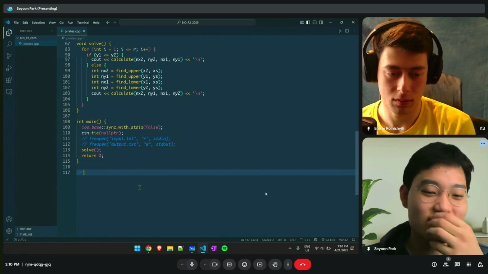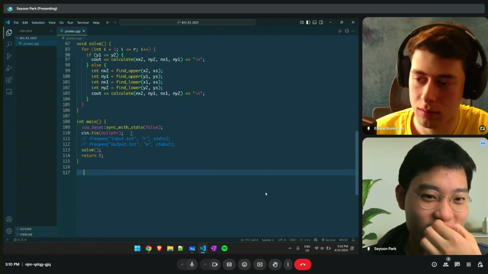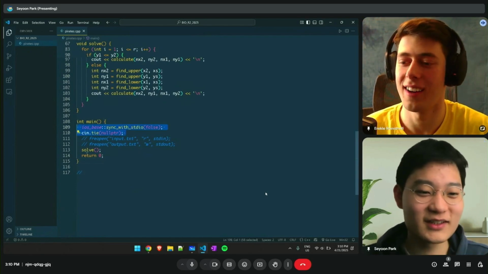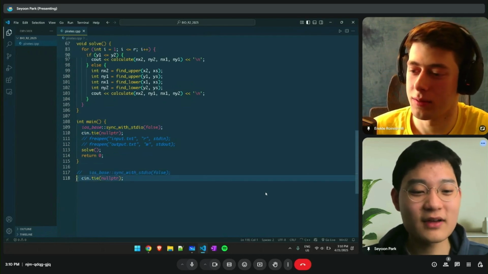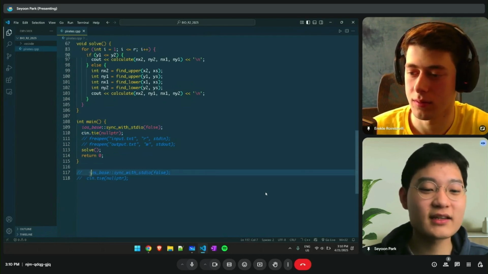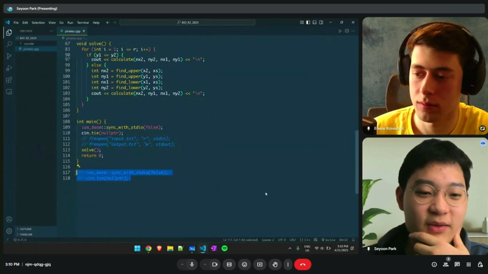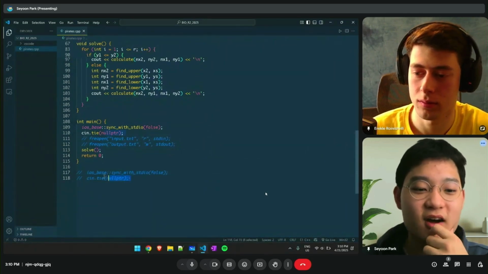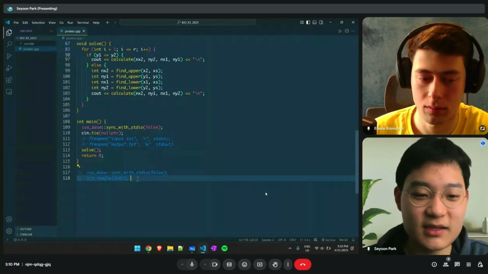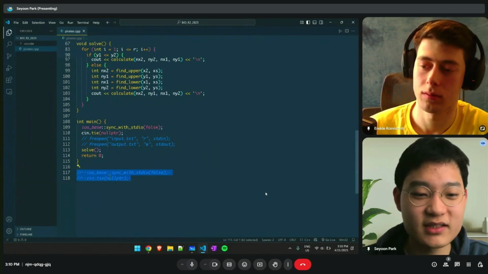One pitfall was that they weren't using fast IO. Some of the time limit exceeded was because they assumed file inputs, so they wouldn't need it, but it actually helps.